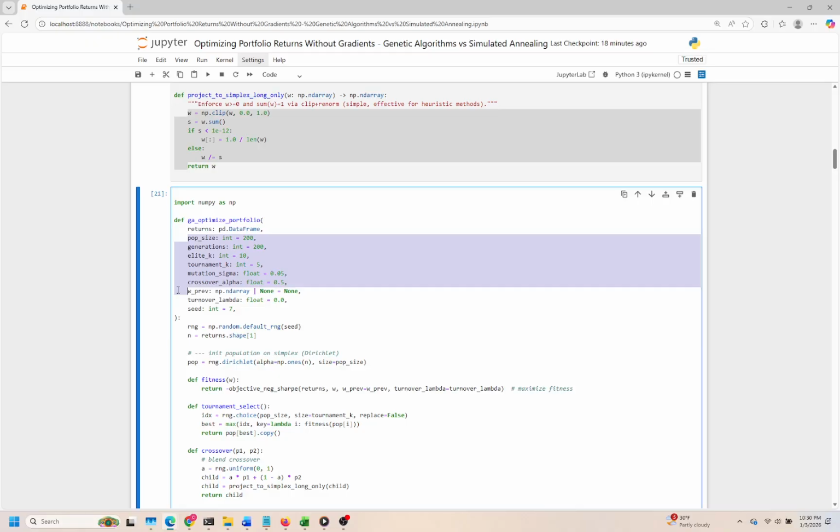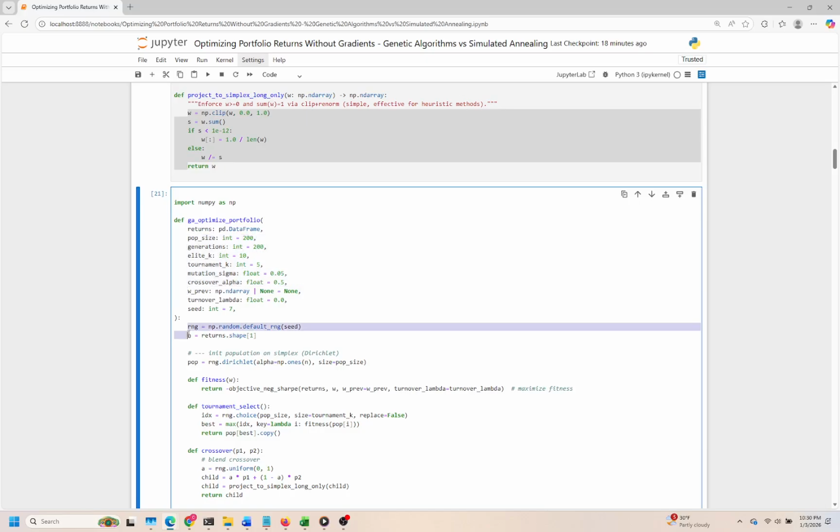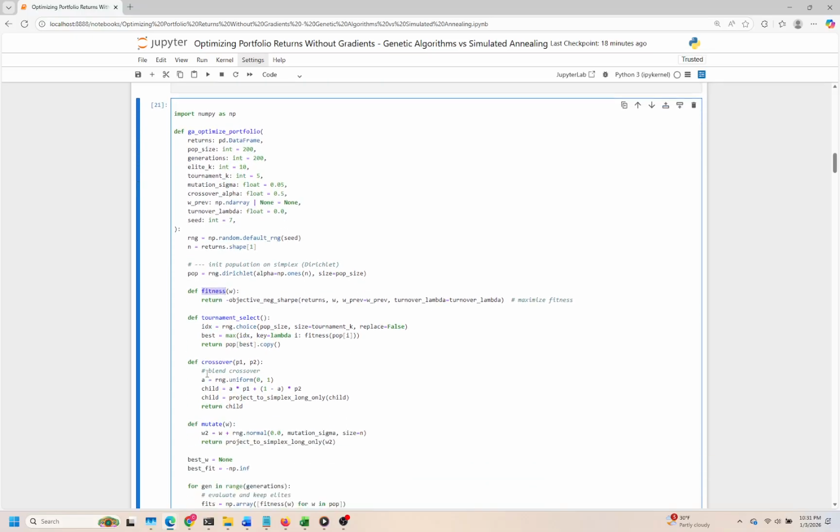Using a random number generator seeded for reproducibility, we generate an initial population of asset weightings that lie within a defined space using a Dirichlet distribution. This ensures that all weights sum up to 1 and are non-negative, which is vital for long-only portfolios. The fitness of each portfolio is then evaluated using a negative Sharpe ratio. The choice to maximize this measure means we want portfolios that not only yield high returns, but do so with